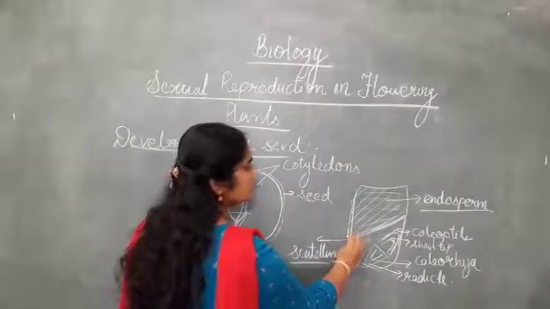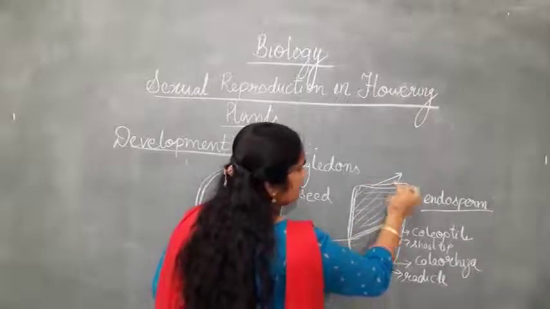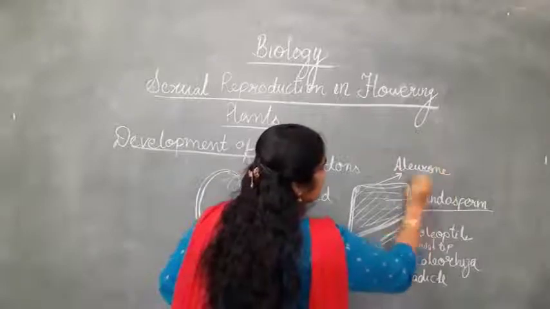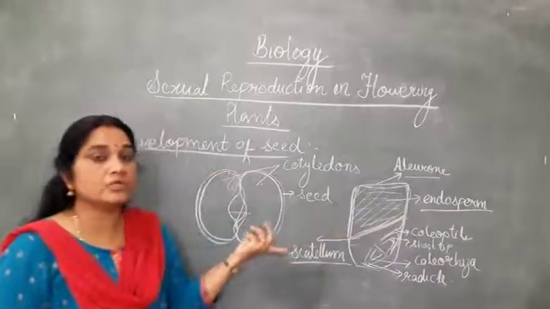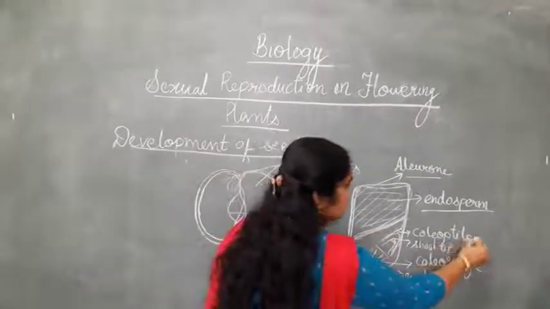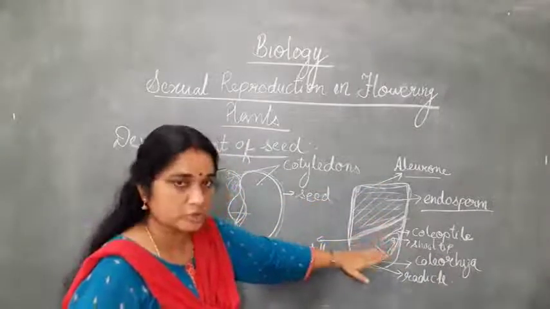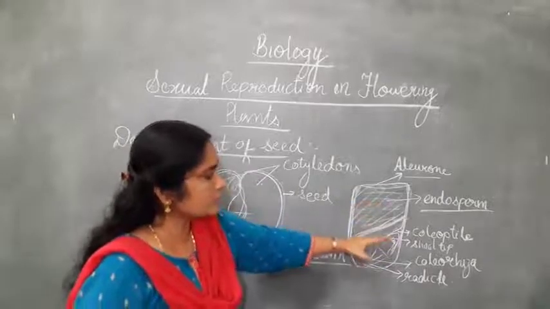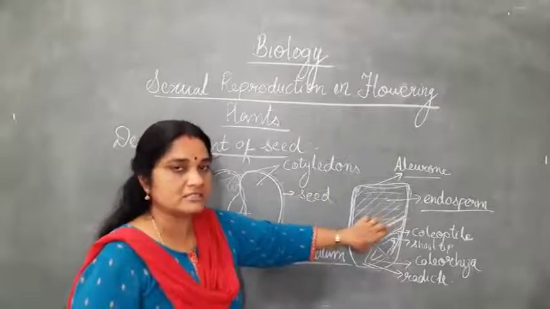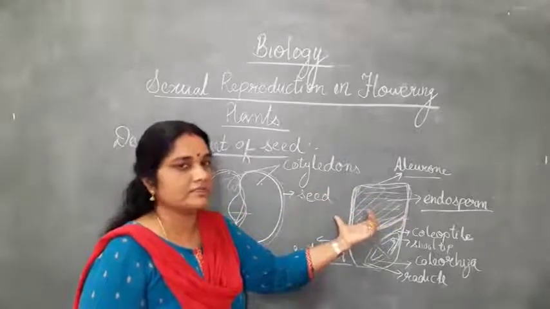But before that, in this seed you can see there is an outer covering, and then on top there is one more covering. It is known as the aleurone layer. This is very important. It is a protein-rich component, and it gives nourishment to the developing embryo over here. And then the embryo will also absorb food from the cotyledon, and in turn it also absorbs food from the endosperm. That is present in monocots like wheat, maize, castor, coconut and all. A large quantity of endosperm is also left behind.